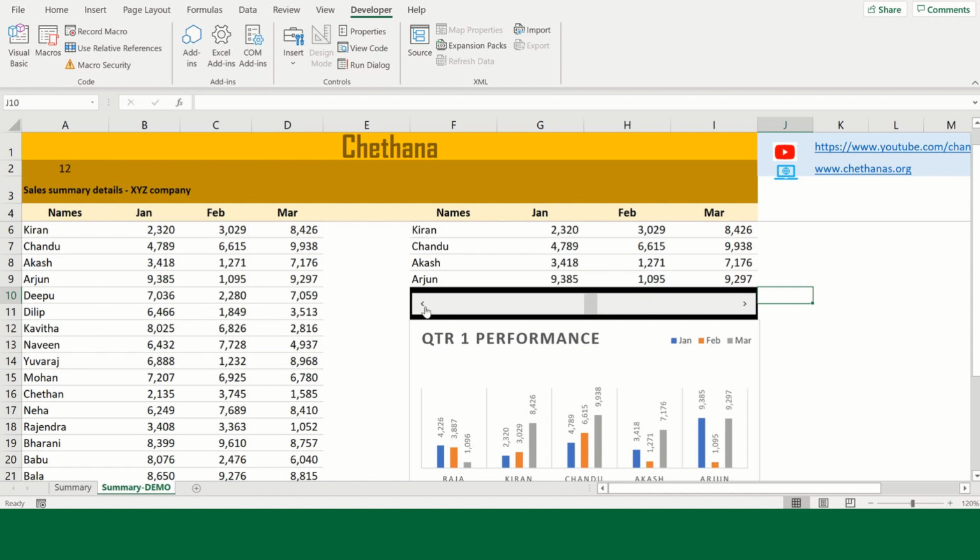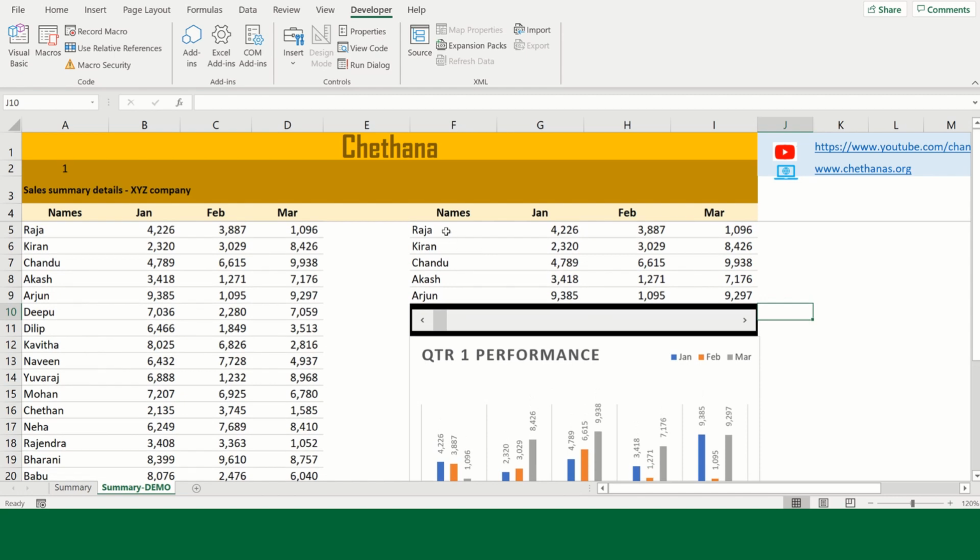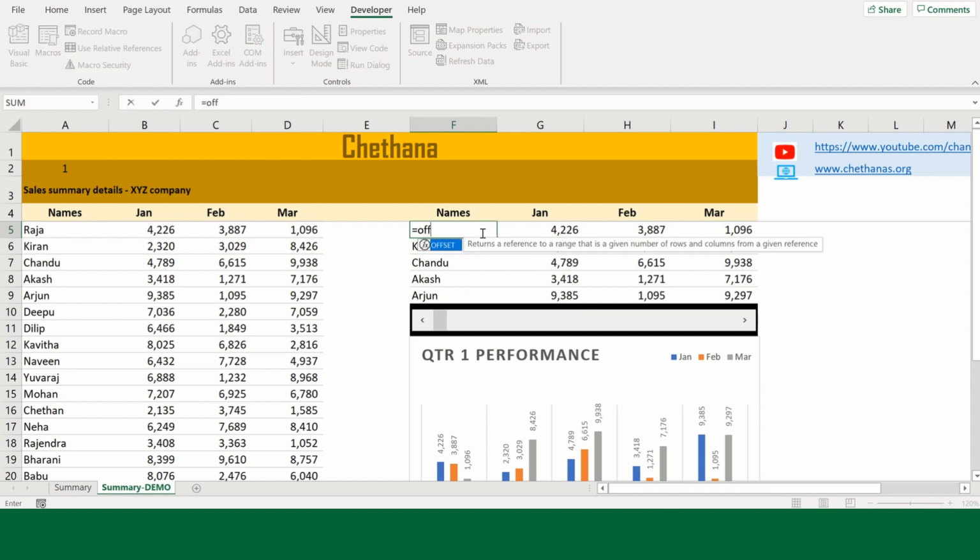Now once you come back, we need to make this table dynamic. So let's apply the dynamic formula OFFSET. This is the header, right? So we need to offset from here.